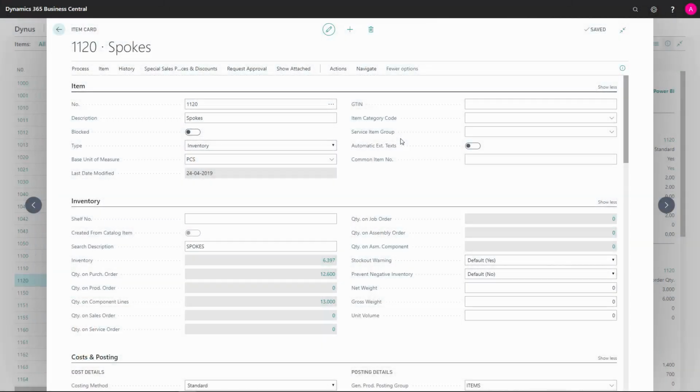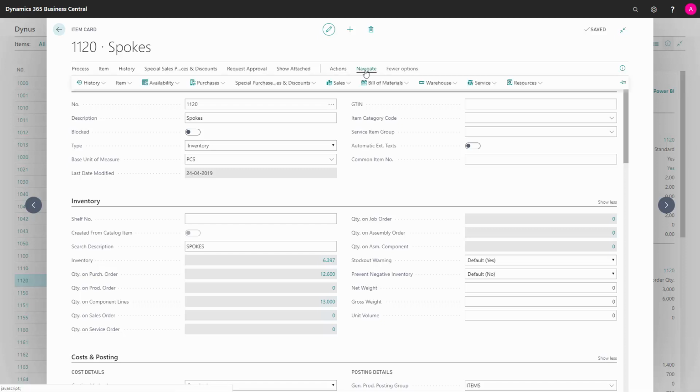On the item card in Business Central, we have actions relevant for the purchasers here in the ribbon. I'll just run through some of those to see what they are doing. First of all, on the navigate action in the purchase tab, we have vendors in here, and we